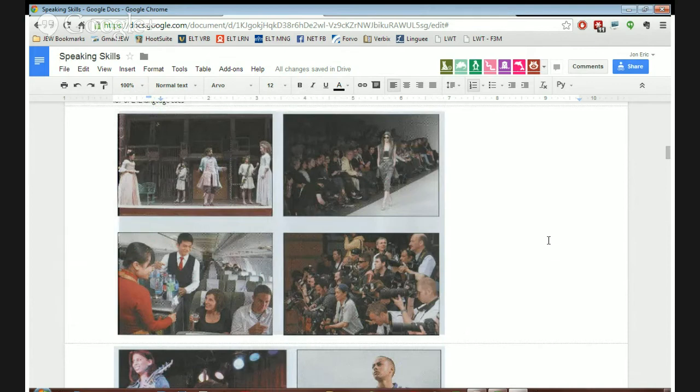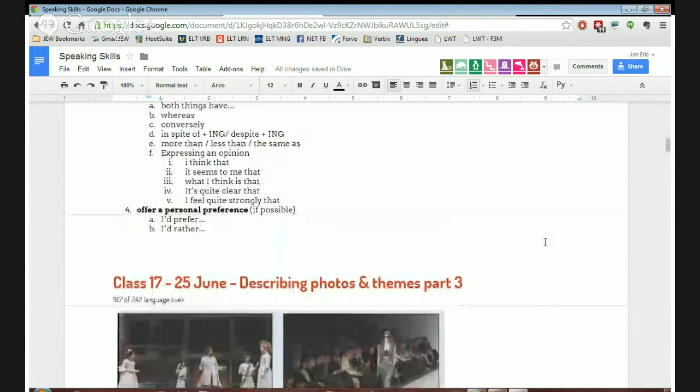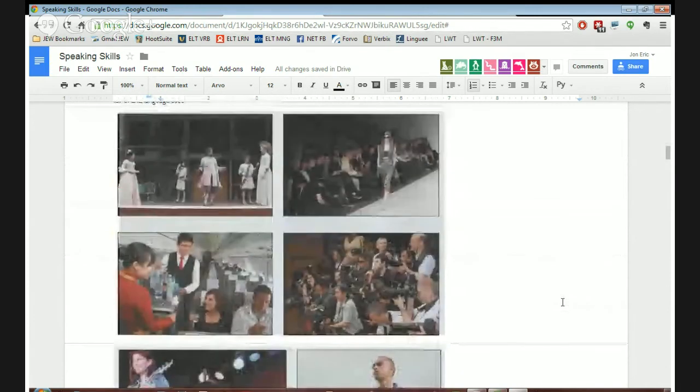Okay? So last thing is you can express an opinion, and you can also give a personal preference. If you're going to express an opinion or make a preference, what would you say about those two pictures?